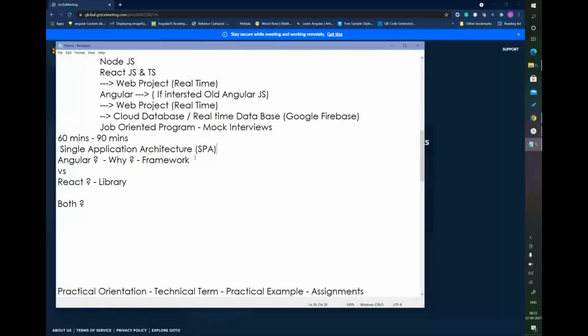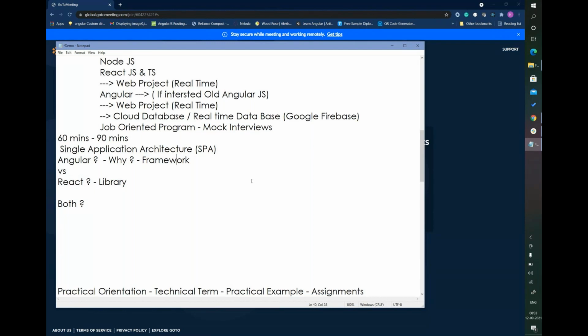What is a library and what is a framework? Abroad, we have both. Most of my US clients are from a React background; it will be like 50% chances in React and 50% chances in Angular.